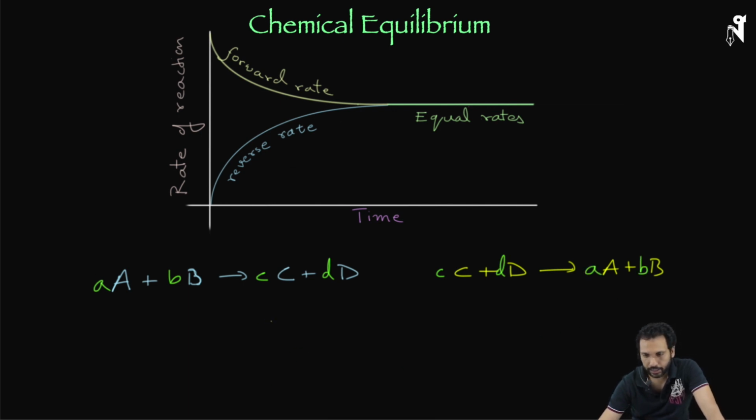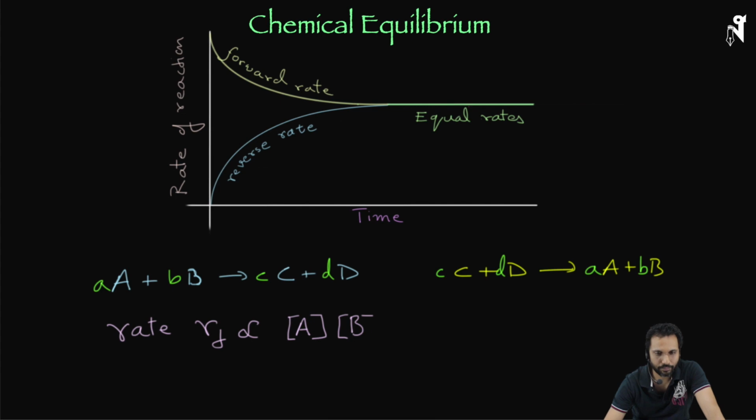Now, again, I would like to ask you to just see whether you got it right or not. Your rate of the above reaction, I'll just call it the forward reaction, rate R forward. Now, what do you think? It will depend on A, B, C, or D, or all of them? What would it depend on? It is going to depend only on the ingredients, only on the reactants. That is, it is going to depend on the amount of A and on the amount of B. Now, it would be a certain function of A and B.